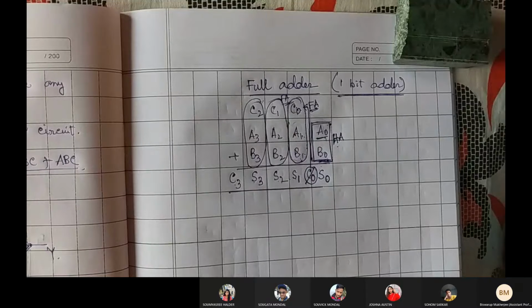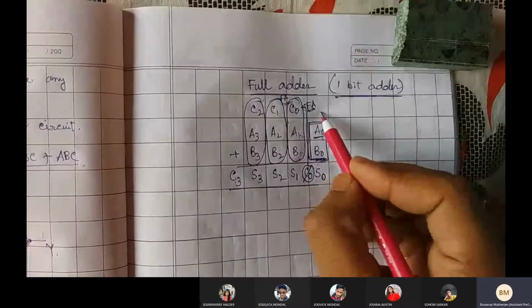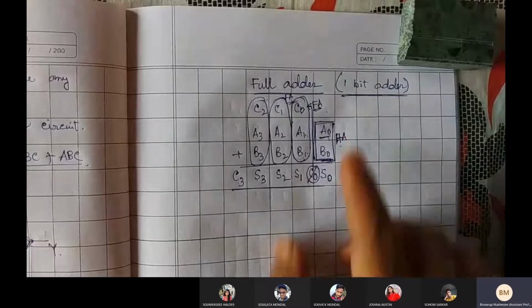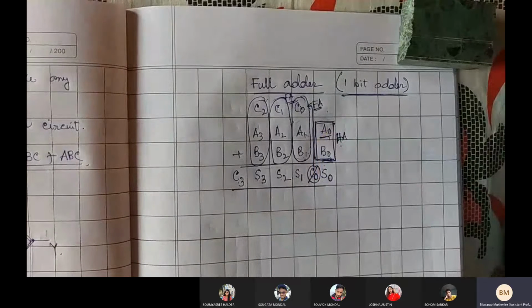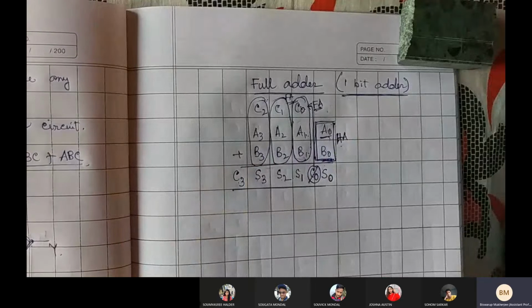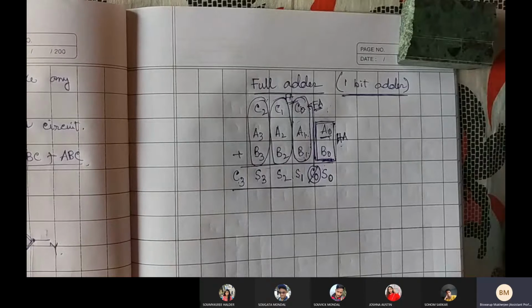Okay. Even here also you can use full adder with a previous carry equal to 0. Previous carry এখানে তো কিছু নেই, আগে থাকতে কিছু আসছে না। You can take that one as previous carry equal to 0. So that means only full adder can make any size adder, any bit size adder. By using full adder, you can make it easily. But only half adder won't be able to make multiple bit addition. Multiple bit addition কিন্তু half adder দিয়ে হবে না।